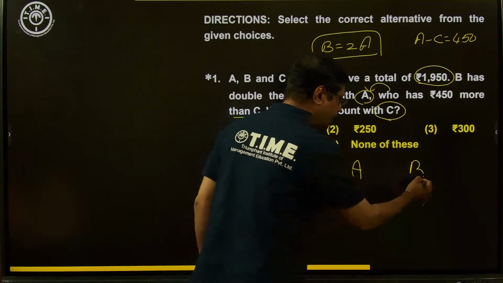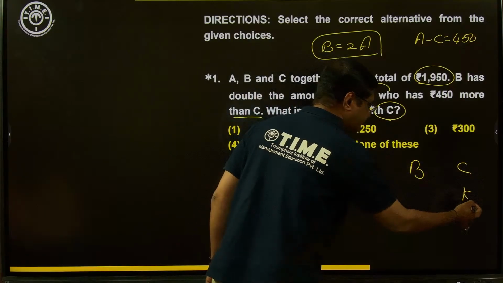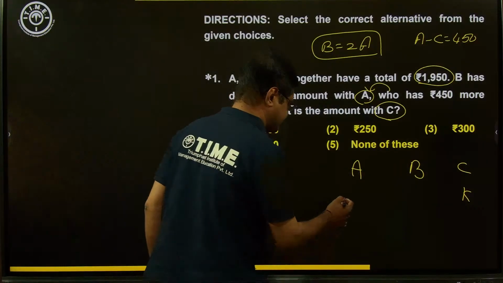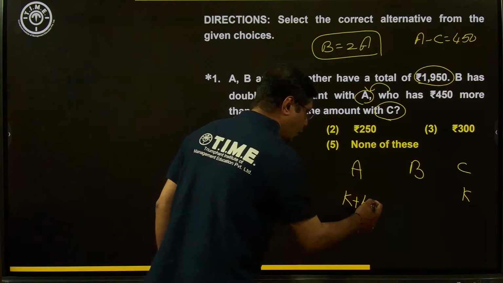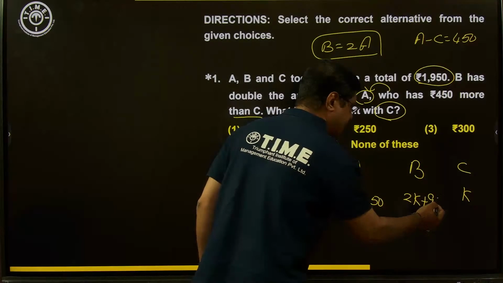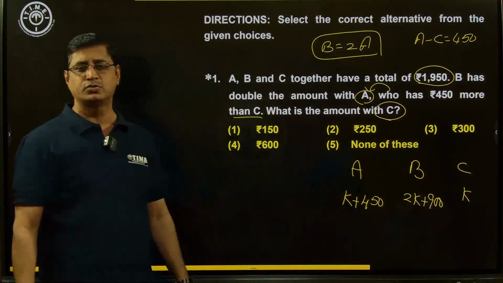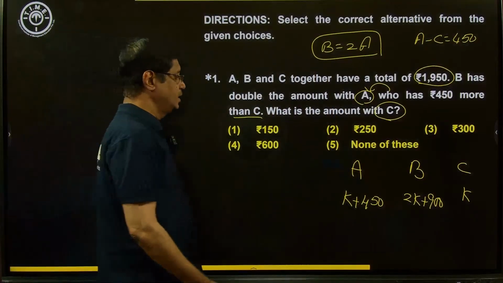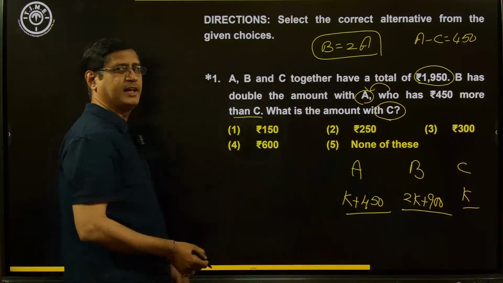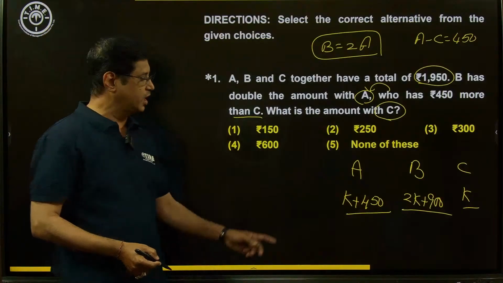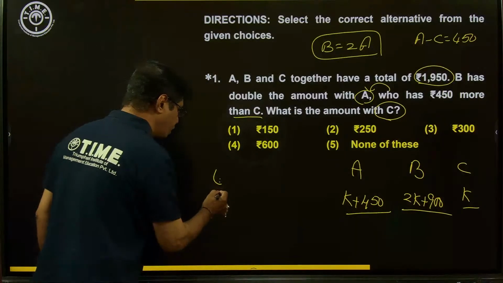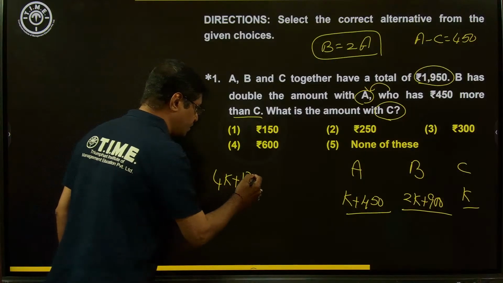Let us assume C as K. What is the value of A? A is equal to K plus 450. What about the B value? B is 2 times of it, meaning 2K plus 900, that is 2 times of K plus 450. Simplify the sum of these three parts. By adding all three, we get K plus 2K plus K, that is 4K, plus 450 plus 900, that is 1350. So 4K plus 1350 equals